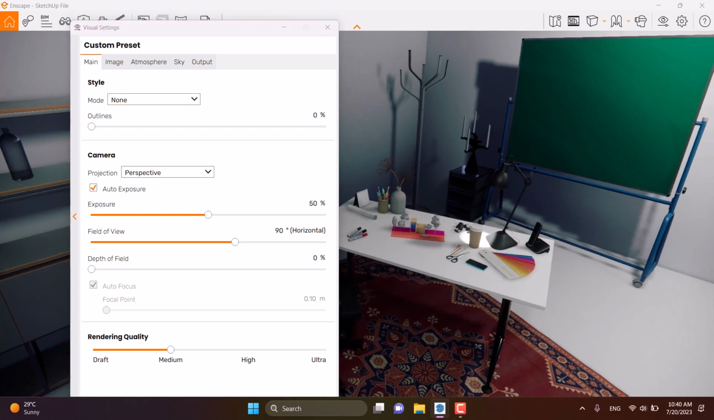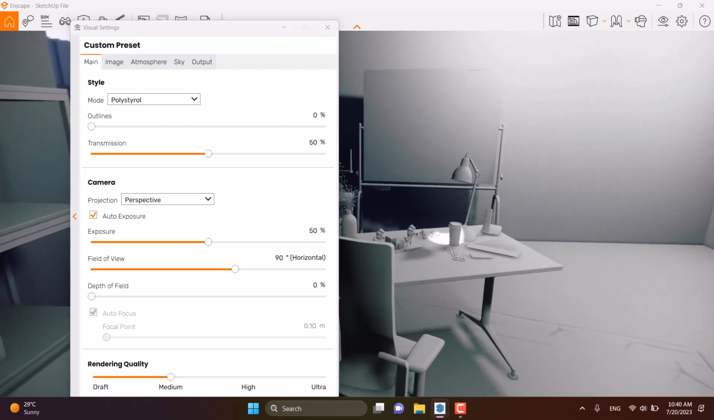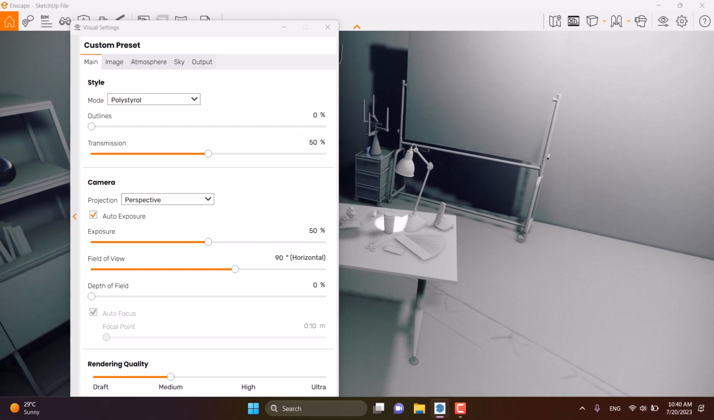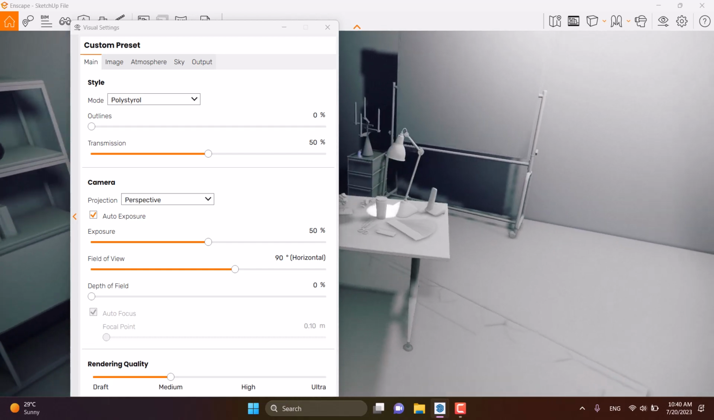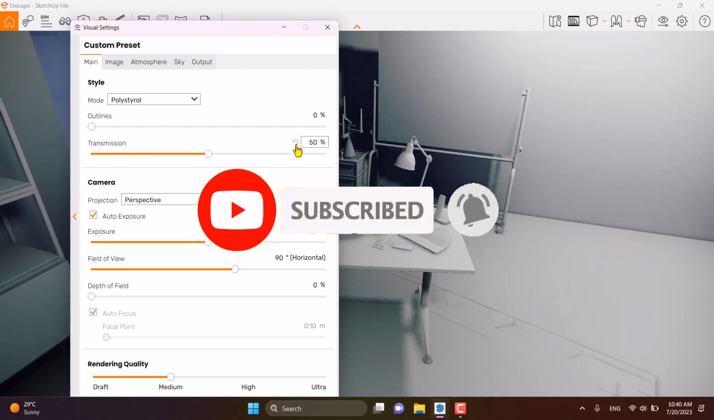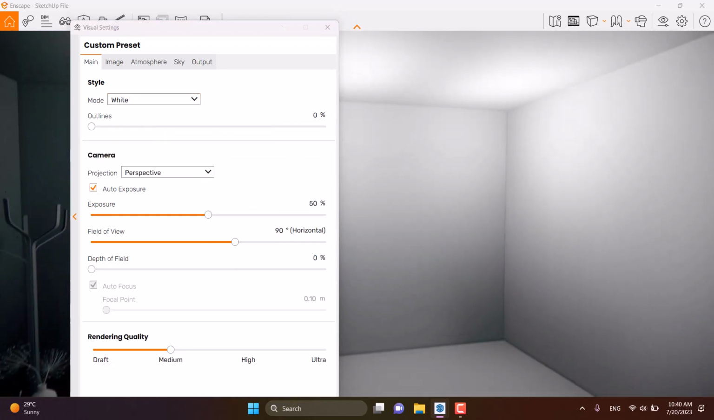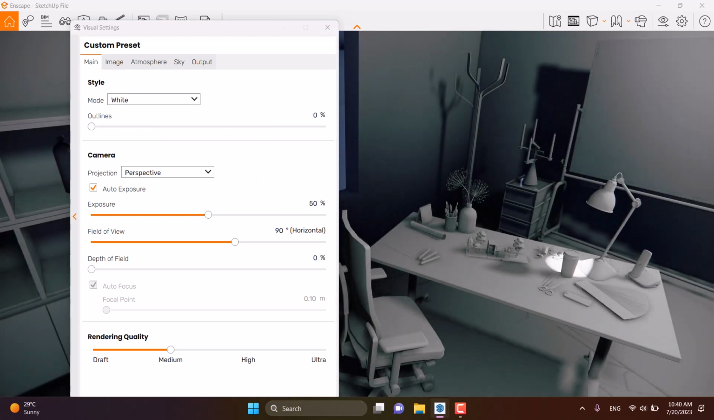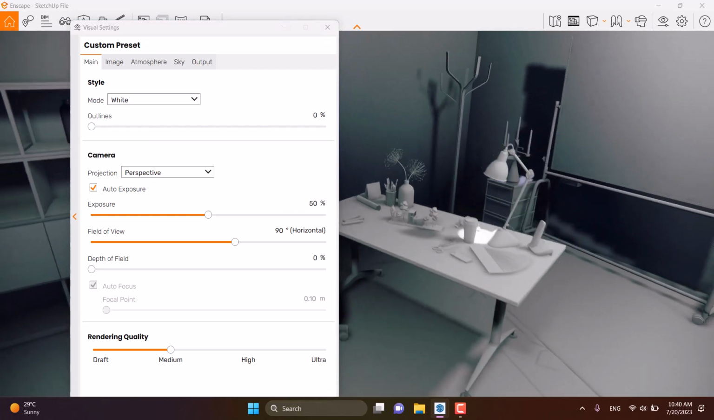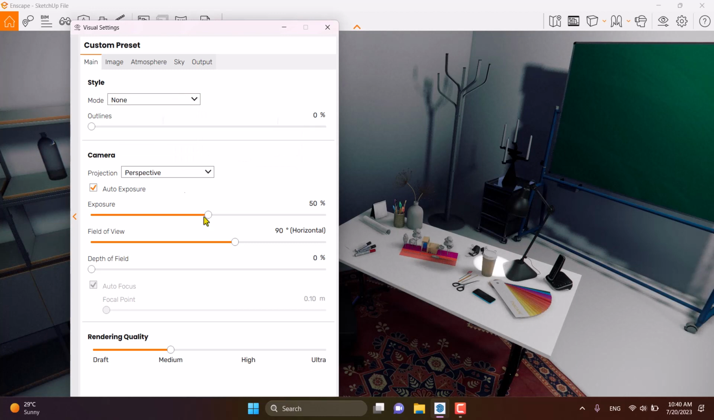Now we have two options for creating a Maquette render. First option is the style. When I click on it, I can change it to the polystyrol. And what will happen on my screen is that all of these materials are converted to the polystyrol option in here. As you can see, polystyrol is some type of material and has some transmission about the colors and light sources or the shadows. The second way is to convert it to the white mode. When you convert it to the white mode, it doesn't have big differences from the polystyrol, but it helps you to manage lights and shadows. But the best option here is the none mode,